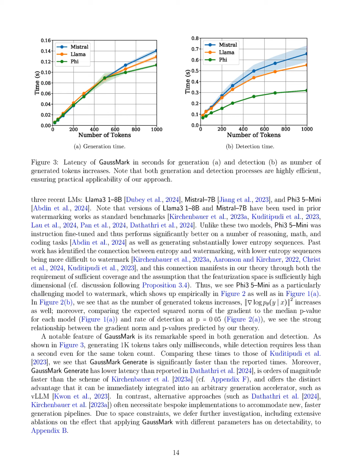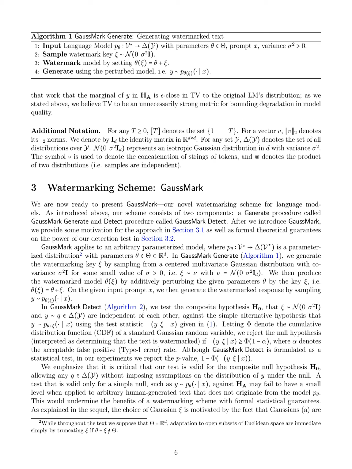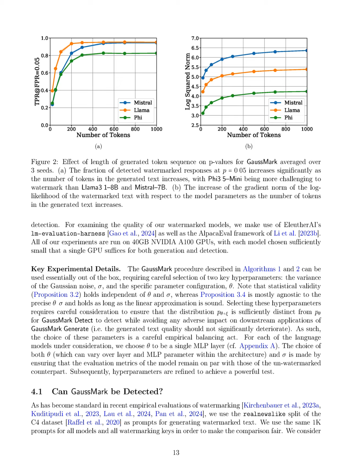The 2-number-2 algorithm operates through two main procedures: watermark generation and detection. For illustration, consider a scenario where we want to watermark a text generated by a language model, LM, using a specific prompt. First, in the watermark generation step, denoted as 1-number-1, we sample a watermarking key from a centered multivariate Gaussian distribution, which introduces a small perturbation to the model's weights. This perturbation modifies the model's parameters, allowing it to generate watermarked text that retains high quality while being statistically distinct